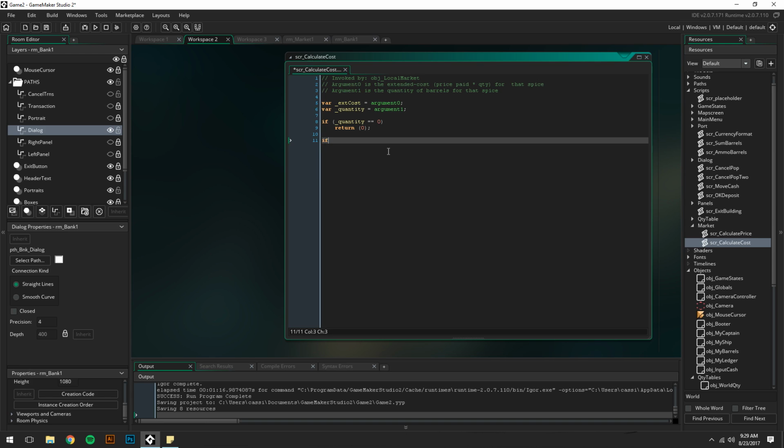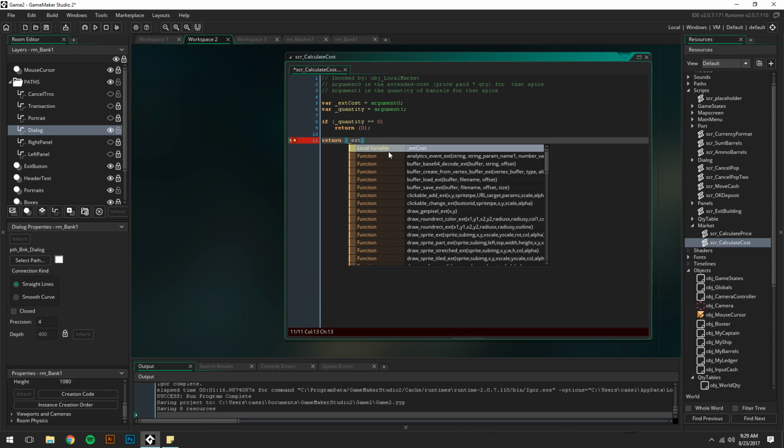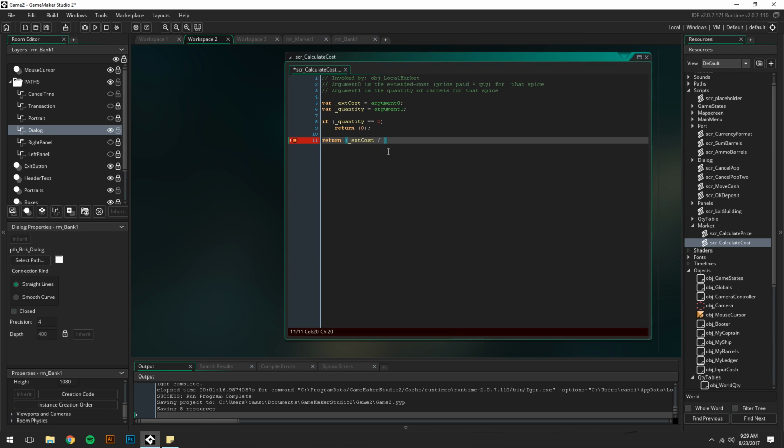And if, well, let me think about this. I don't think we need to do an else, actually, because it's going to evaluate this very first thing first, and then do the return, and then once it does the return, it disregards everything else in the script. So we can move on and just say return extended cost divided by